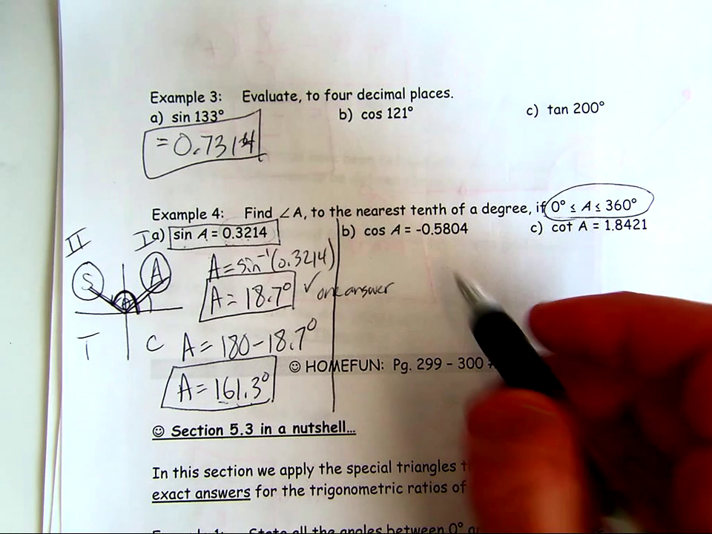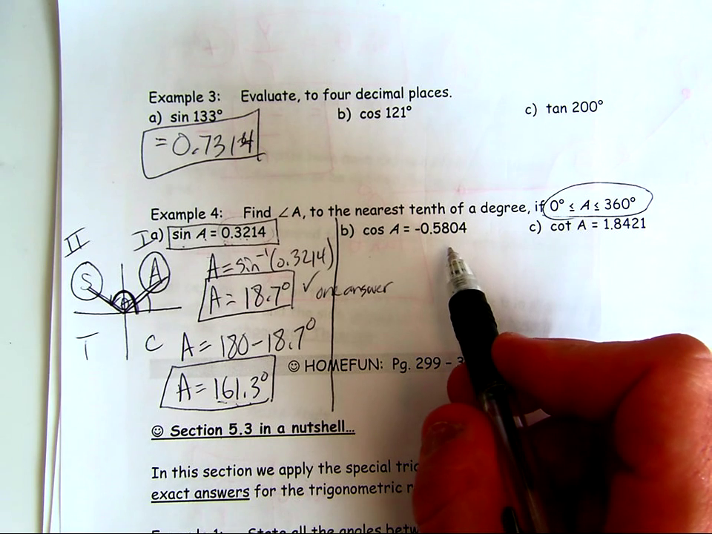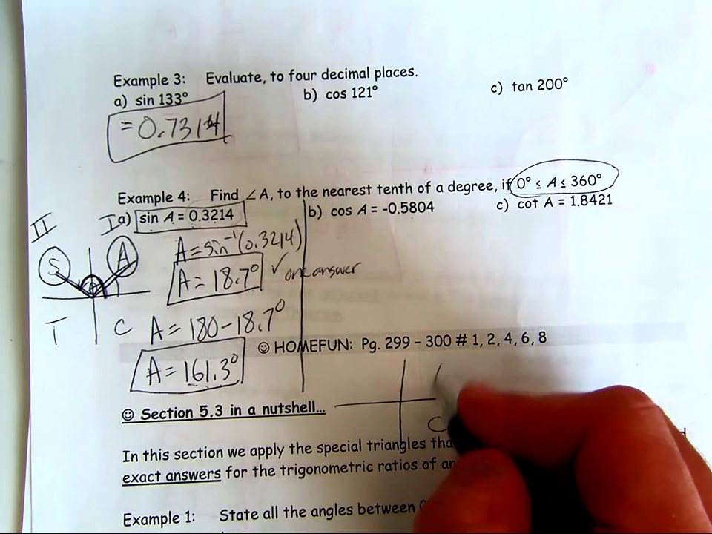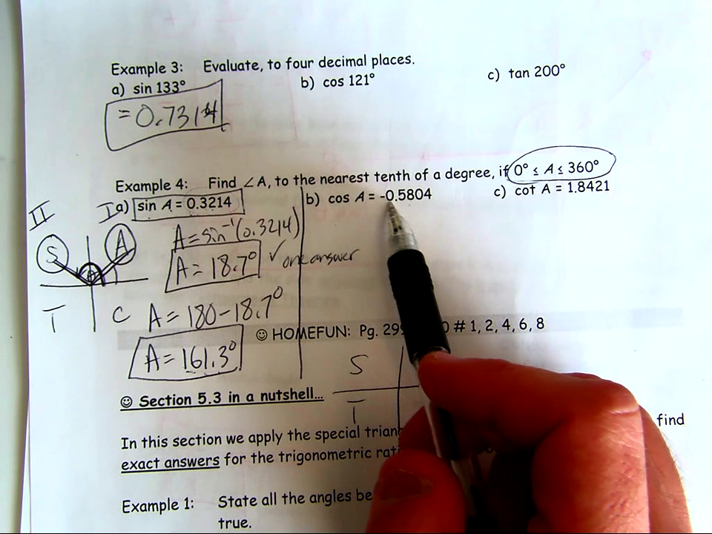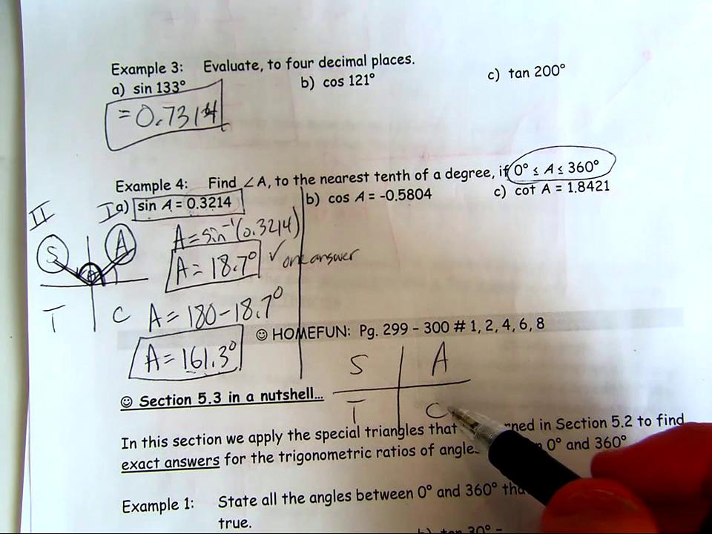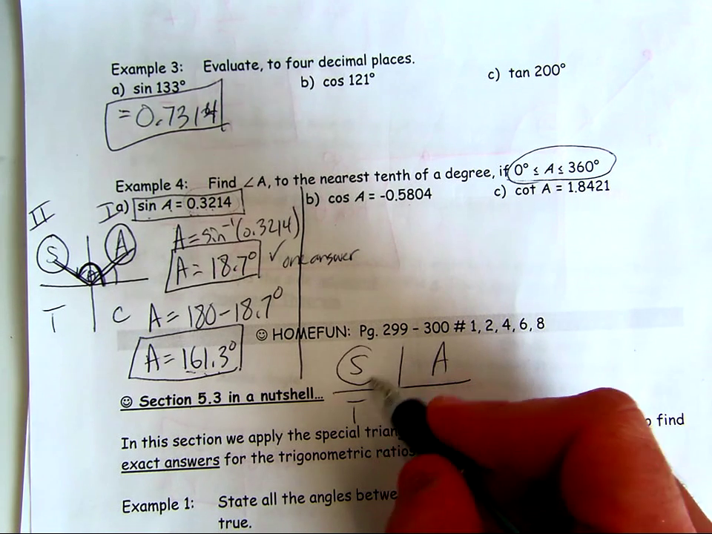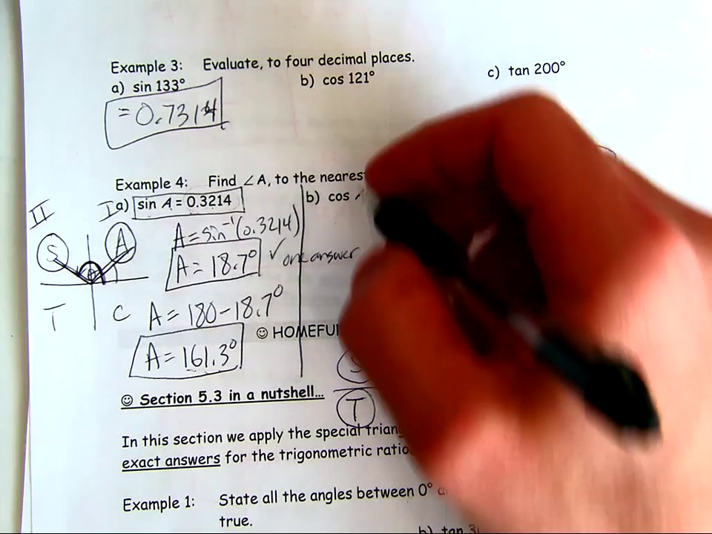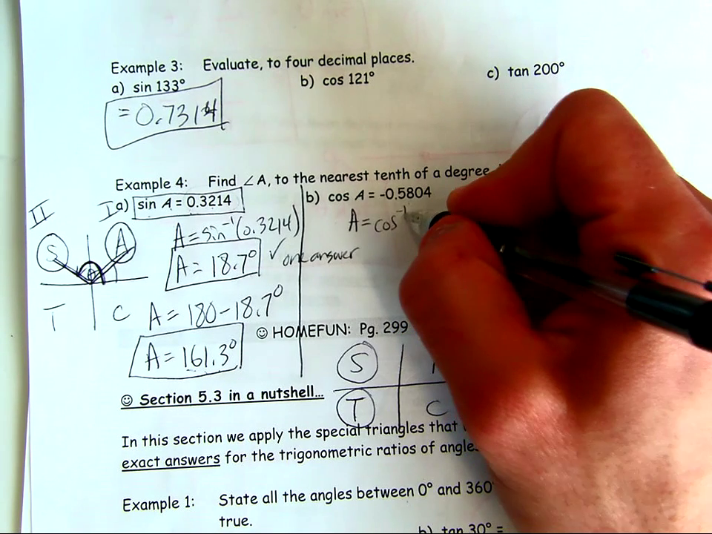So for instance, let's take a look at this one. Cos of A is equal to negative 0.5804. Now, again, if I take a look at the CAST rule, cos A is equal to a negative number. Where is cos negative? Cos is negative here, and it's also negative here. Okay? And so if cos is negative there and there, if I bring cos to the other side and take the cos inverse of